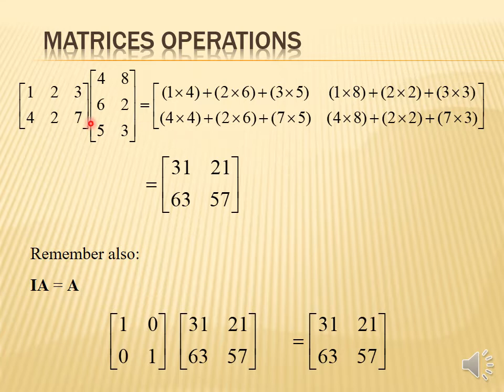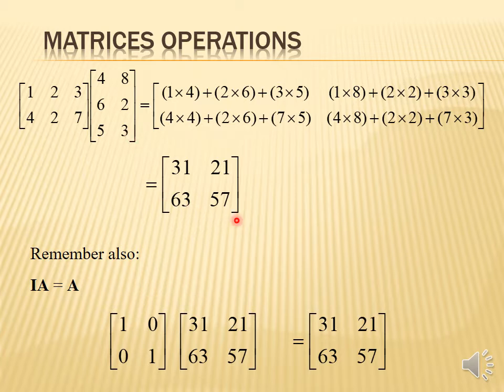Now student, matrix multiplication: how to multiply two matrices. Firstly, you look at the order of both matrices and check whether the inside is the same or not. If the inside is the same, then multiplication is possible, and if the inside is not the same, then multiplication is not possible. The order of this matrix A is 2 by 3 and the order of this matrix B is 3 by 2. So 2 by 3 and 3 by 2, the inside is the same. The multiplication is possible. The remaining entry of matrix A is 2, the remaining entry of matrix B is 2, and the resultant matrix is of order 2 by 2.